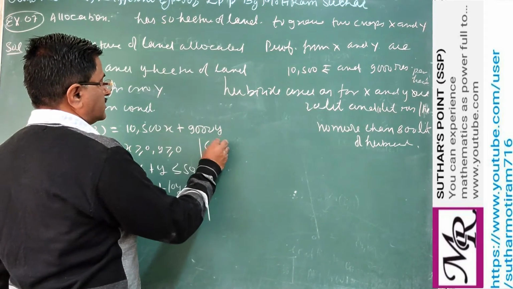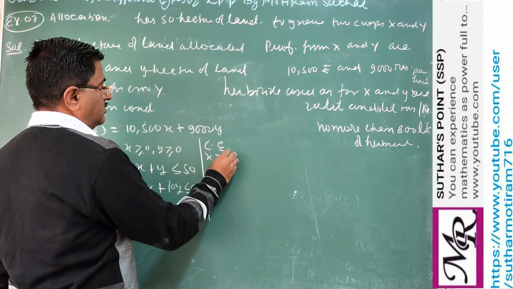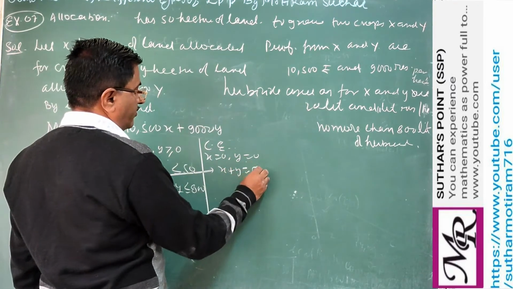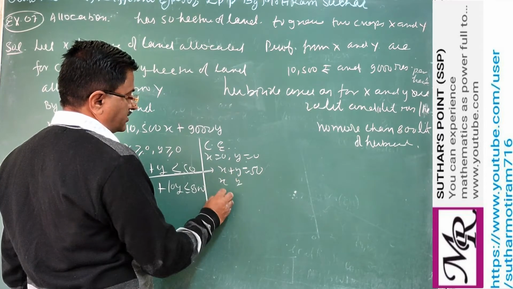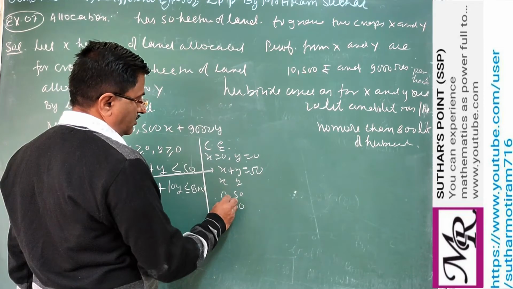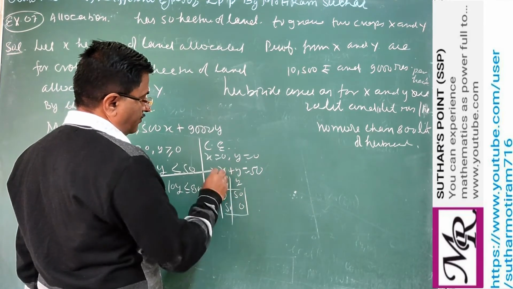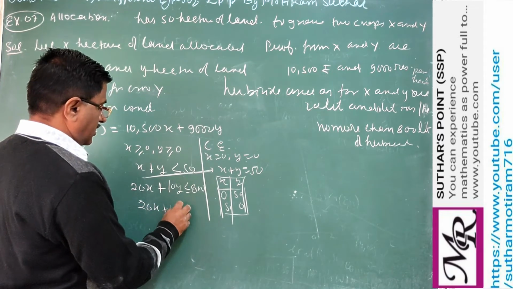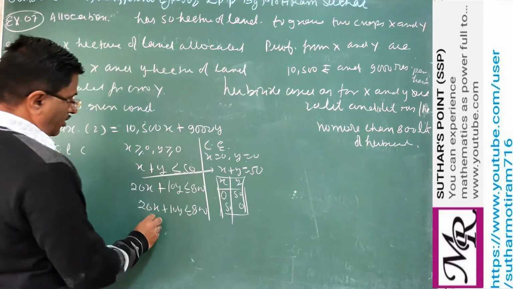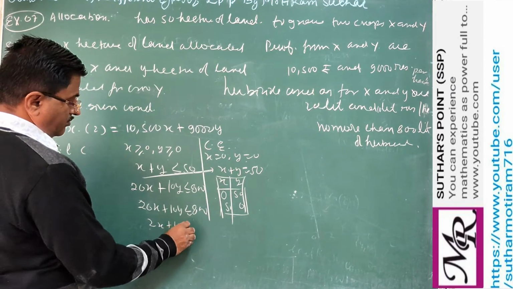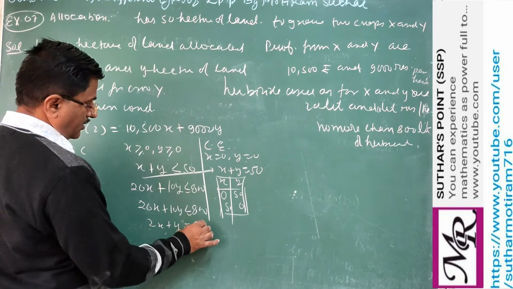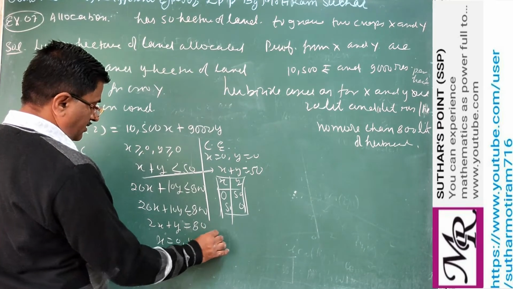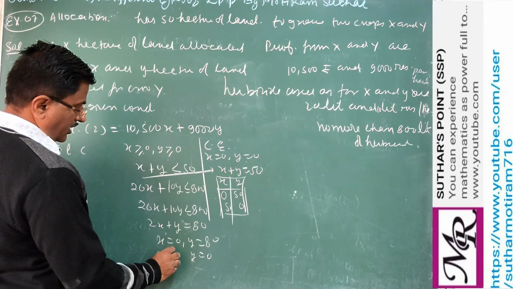Now the corresponding equations you may write. First is x equal to 0, y equal to 0. Then x plus y equal to 50. So put y equal to 0, x is 50; x equal to 0, y is 50. So we can plot the points. And the next equation will be 20x plus 10y less than or equal to 800, or 2x plus y, if you divide by 10, that is 80. So you can put x as 0, then y will be 80. If y equal to 0, then x will be 40.